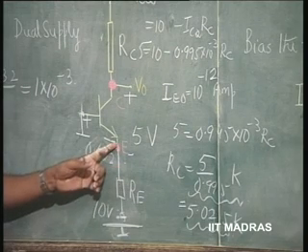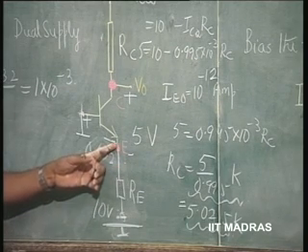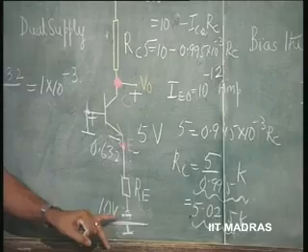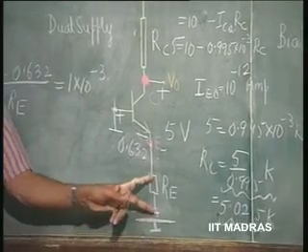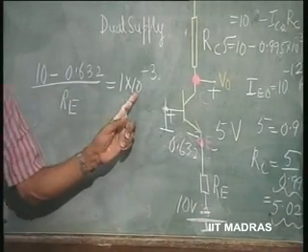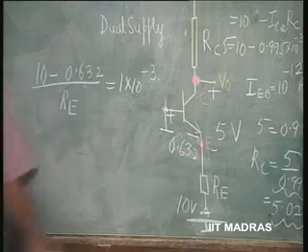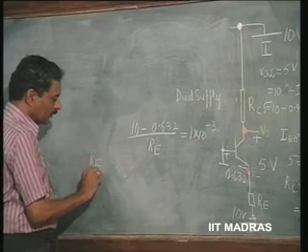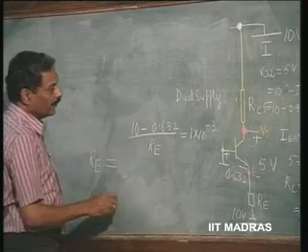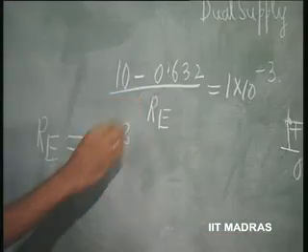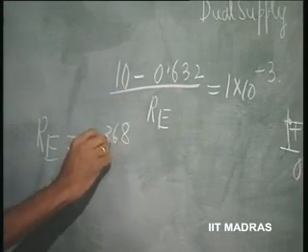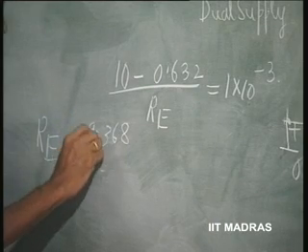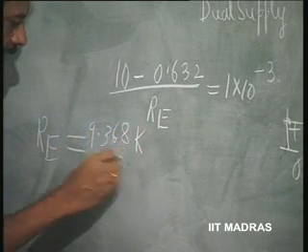This is negative, it is minus 0.632, minus of minus, that is plus 10 volts, divided by Re, that is the current, that is equal to 1 milliampere. And therefore, now what happens? Re gets fixed as again 9.368 K,